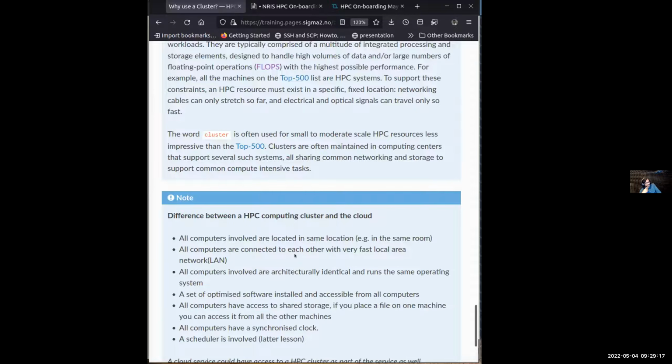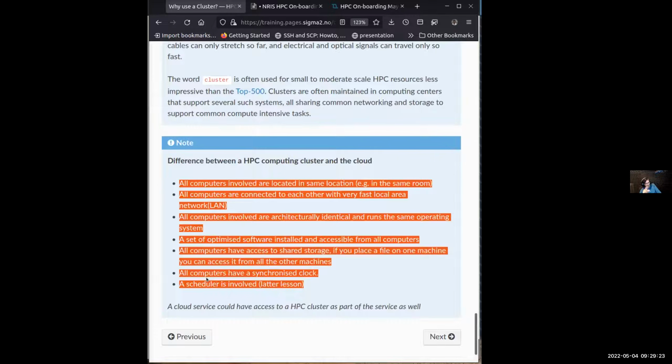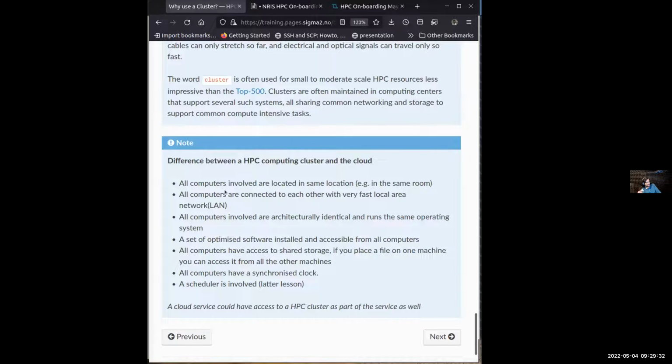At the same time, I would mention something not confusing but interesting: some cloud providers have HPC systems behind their cloud as well. So this is a comparison between a cloud and an HPC system, but more to show how the HPC system is set up, how they work as a single unit, how they are closely connected, how they are similar, how they are identical, and when you work on them, you don't have to think about where you are, like which compute node, which we'll mention later, or which login node. So it's that similarity.